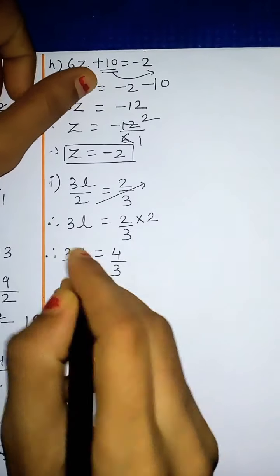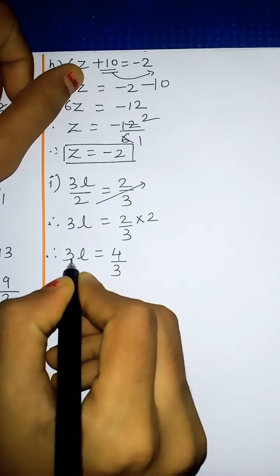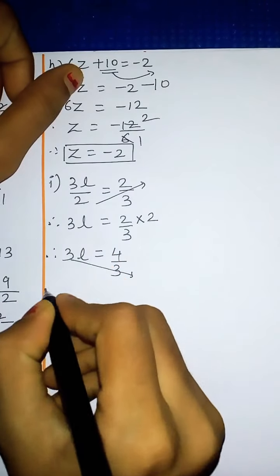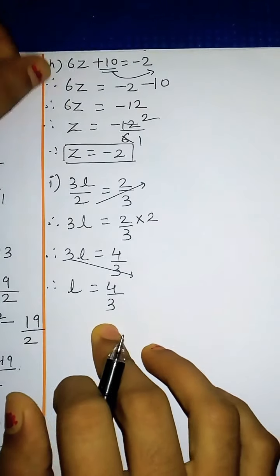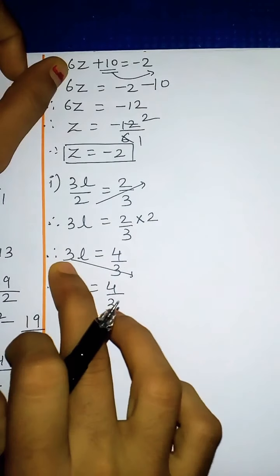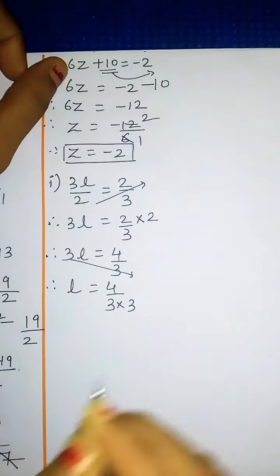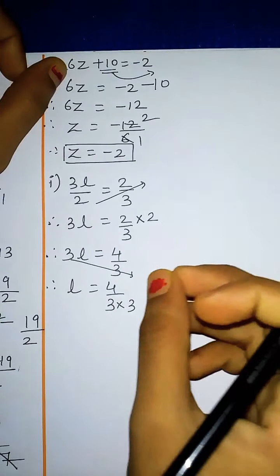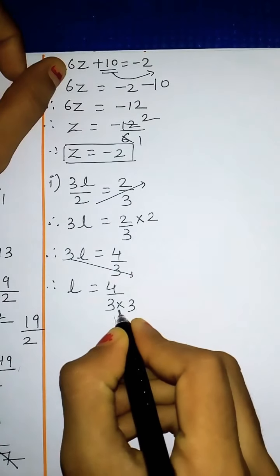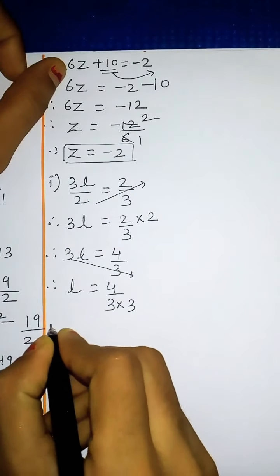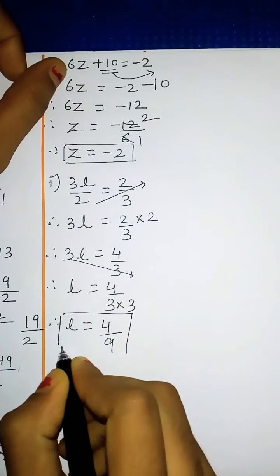Okay. Now we will remove this 3. So 3 and L are in multiplication. So this 3 will go where? Here. So this side only L is left. Here already 4 upon 3 is there, this is fraction 4 upon 3, and this 3 also we are writing over here. Between these two numbers, which sign will be there? Multiplication sign. When the number is already given in the denominator and you bring this term here, then there will be a multiplication sign between both numbers. So next step: 4 and 3 3s are 9. So 4 upon 9 is our answer.